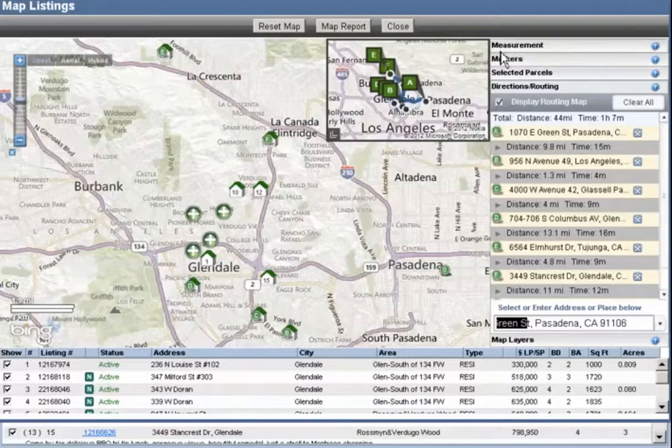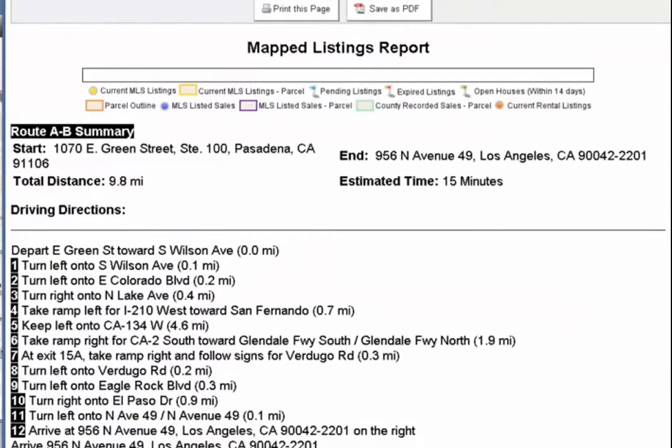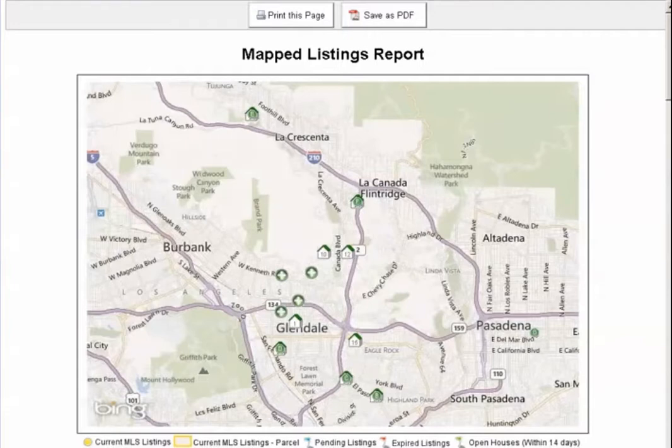Just the very act of showing it is enough. And now when you click on map report, it is going to bring up the report that we want. And I'm just going to resize this a little so you can see it better in the window. There we go. And you'll see that the first thing we have is a map showing us where the properties